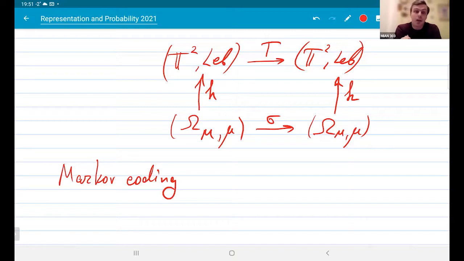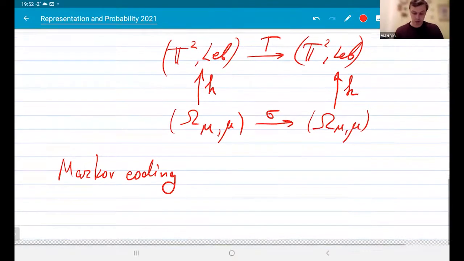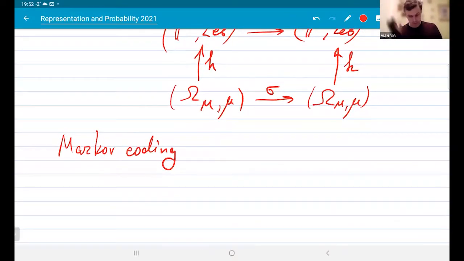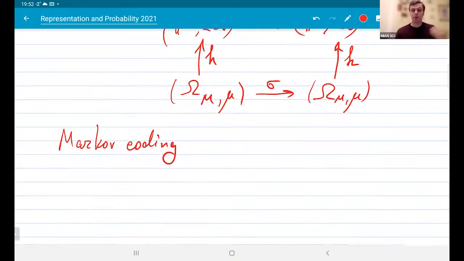So I want to say that every point on a torus, I want to write it down as some sequence, as some Markov sequence, and then I want to show that if I make it so that the sequences for the images are